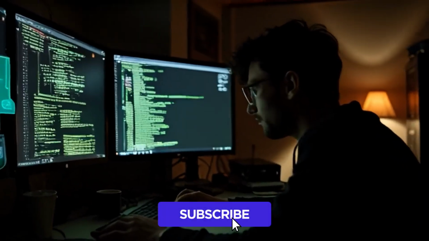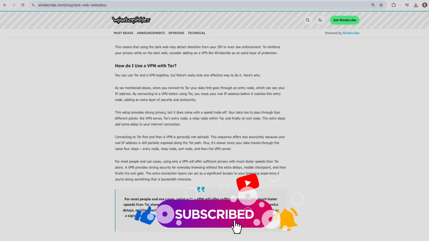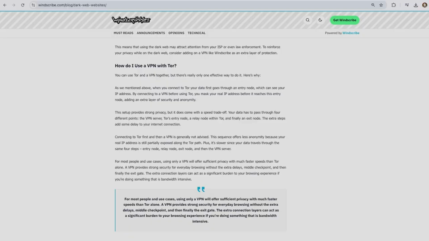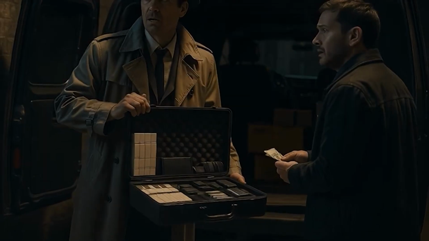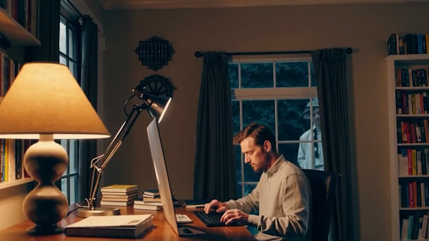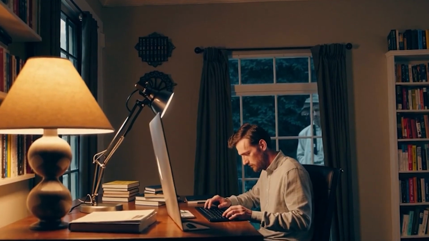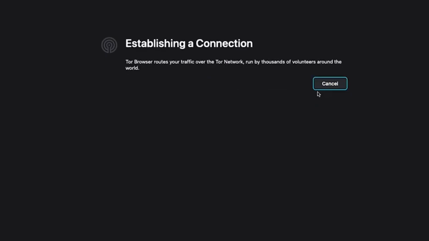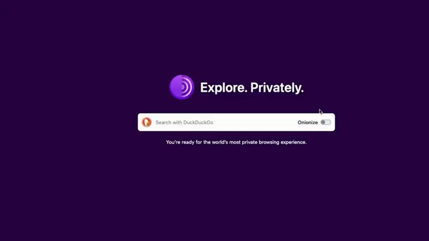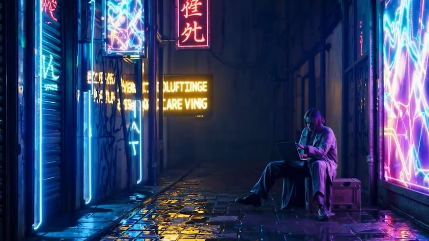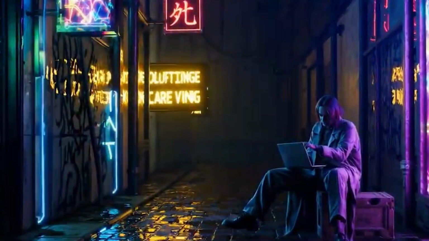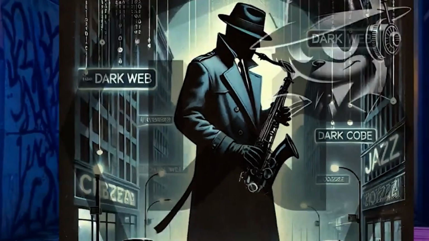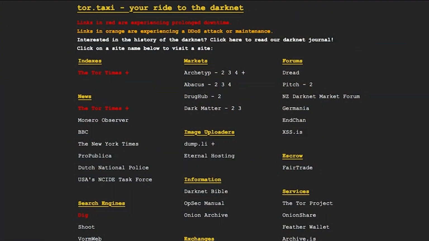When people hear the words dark web, images of shadowy hackers, secret markets, and cyber criminals usually come to mind. But the truth is far more nuanced and far more interesting. Yes, the dark web can be home to illegal activity, but that's just one corner of a much larger, hidden digital world. A world that also contains encrypted whistleblowing platforms, anonymous journalism networks, and privacy-preserving communication tools used by millions